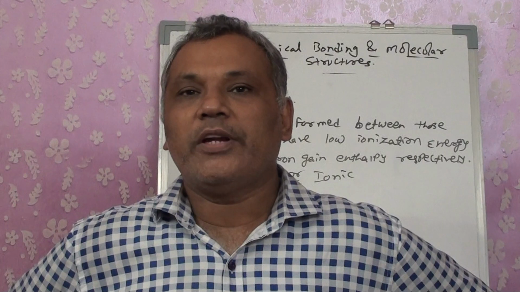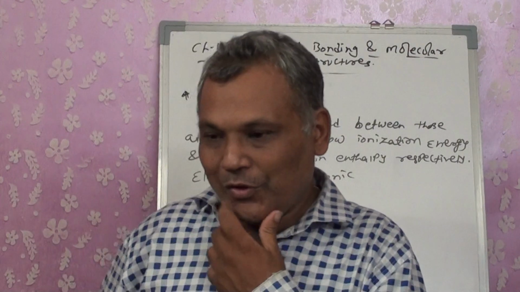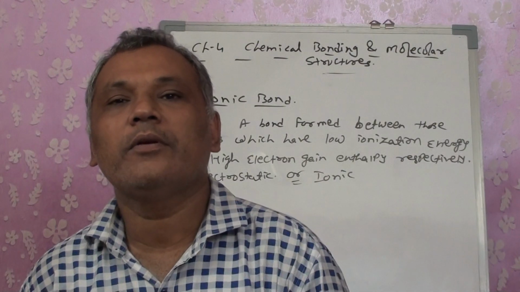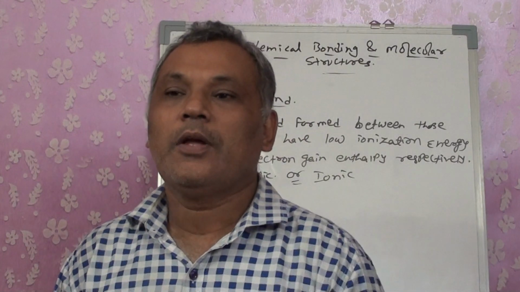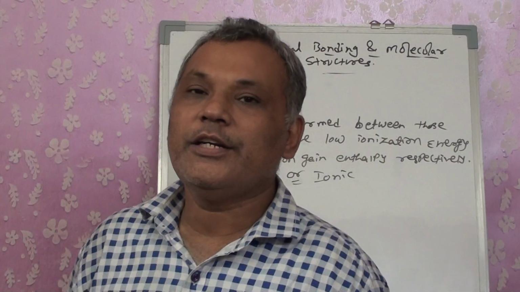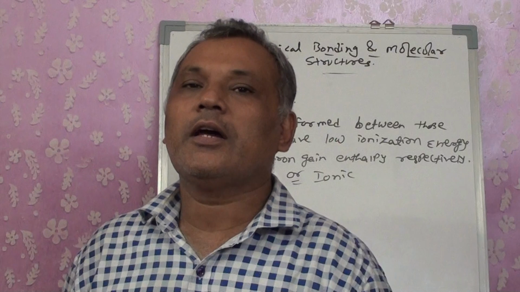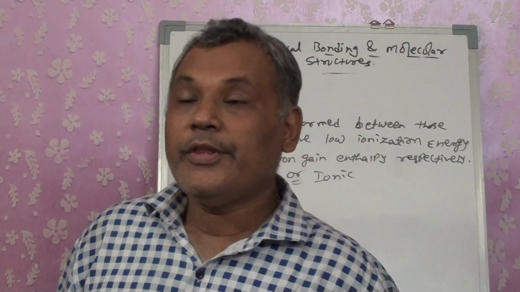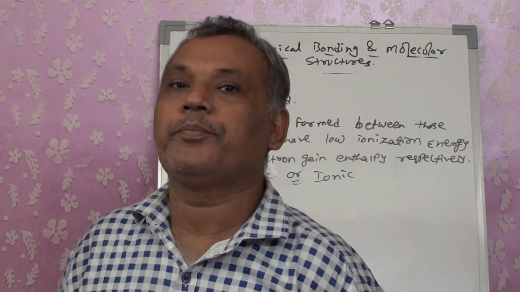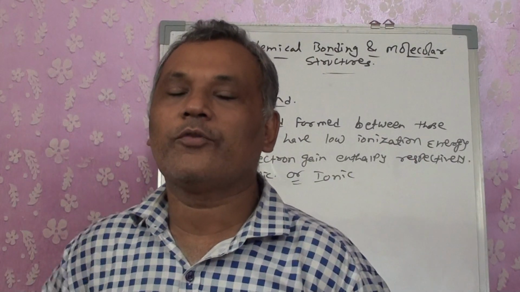Now this was the example of NaCl that we saw. We know that Mg also has low ionization enthalpy, and chlorine is one and the same. So if these two get bonded with one another, what will happen? MgCl2 formation takes place. It also produces an ionic bond. But again, the condition that has to be remembered: low ionization energy, high electron gain enthalpy. If the difference between them is at a certain level, then only they can go for ionic bond formation.